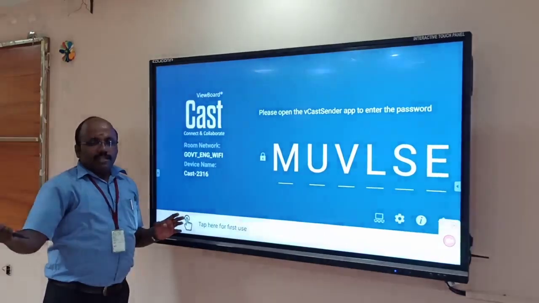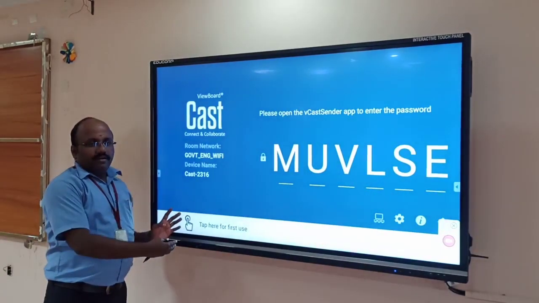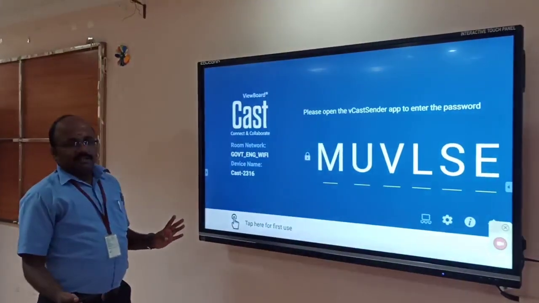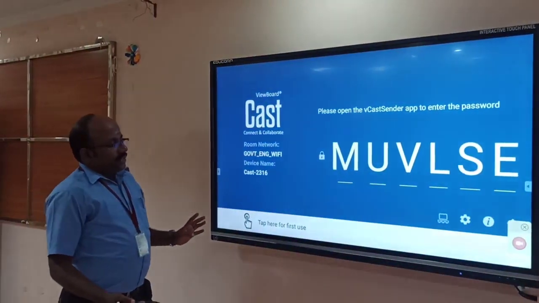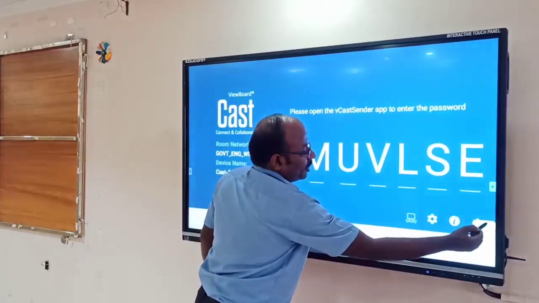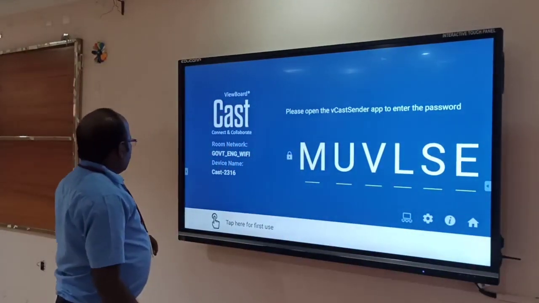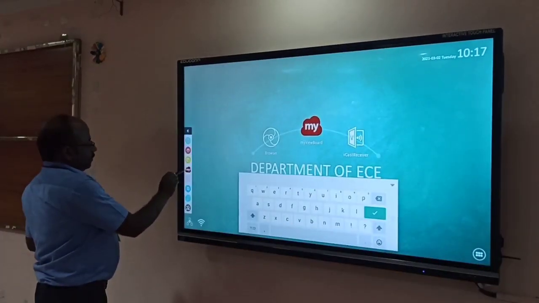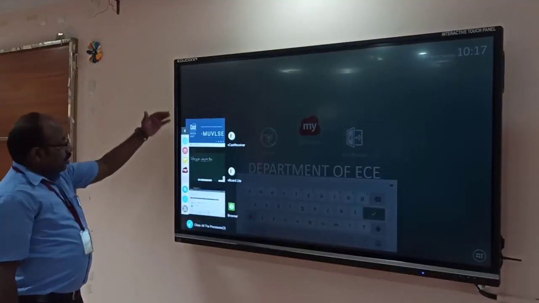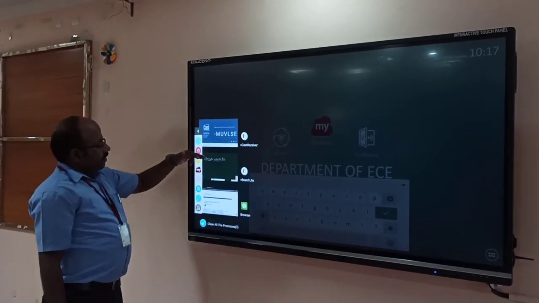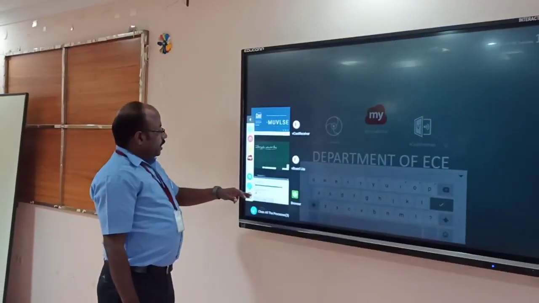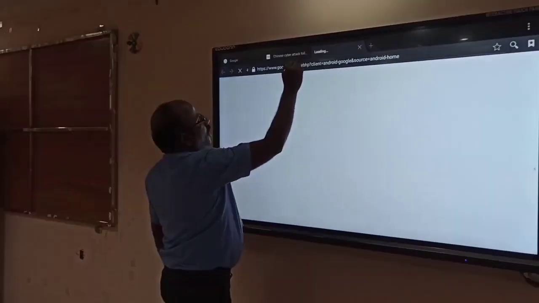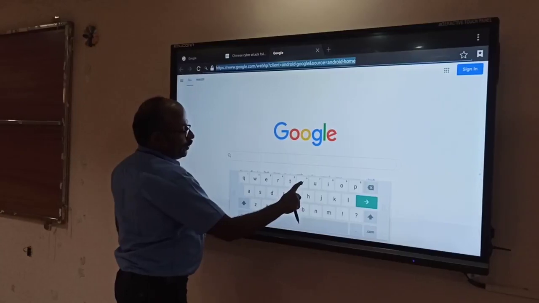So if you scroll the PPT there, that can be viewed here. That's the biggest advantage. It's a Wi-Fi sort of connection, and that's one of the biggest advantages of going for the interactive panel. Other things: we can see what folders are open as of now. One is Vcast I have opened, then the ViewBoard Lite browser is open, and if you wish, I can show you the audio. I can open YouTube.